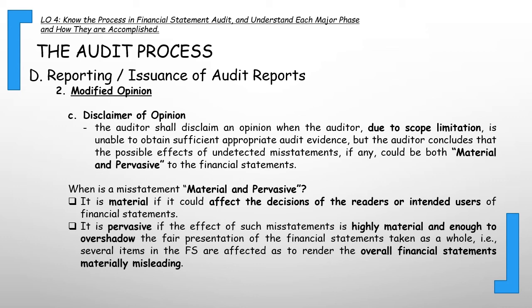Syempre nakakahiya naman makita ng government agency or ng mga stockholders na yung financial statements nila is in-issue ng auditor nila is adverse or modified. So, kaya sumusunod yung mga clients natin. In any case, yung issuance ng modified audit reports should be communicated first with those charged with governance.